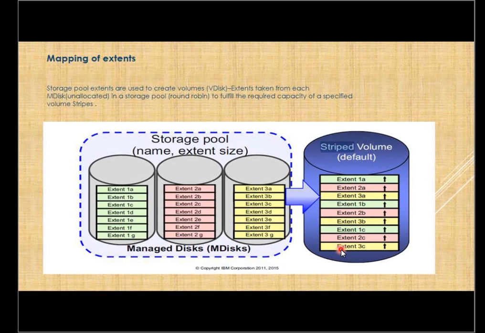Again, it depends on sequential write, random write. That's a different topic altogether, but basically that depends on the performance, what kind of performance you want, and what kind of IOPS you are running against that volume. Yes, correct, one storage pool will have only one RAID type of M disks.